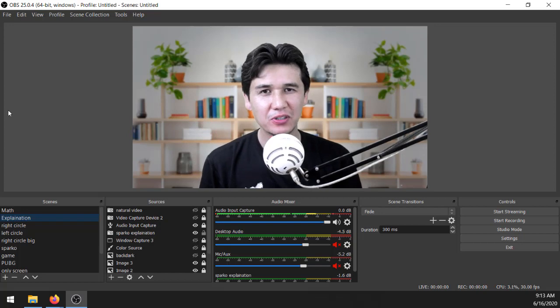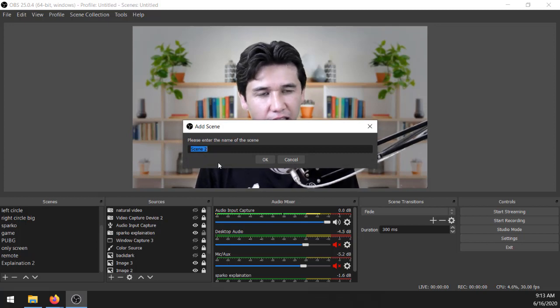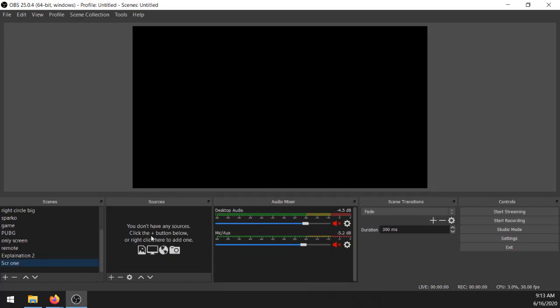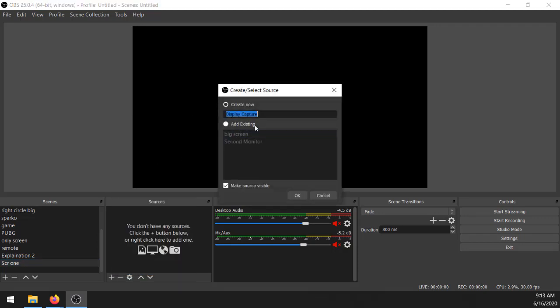How are we going to do that? Let me give you an overview of the idea. Here, you are going to come to Scene and add a new scene, and I will call it Screen 1, for example. Here we have no source. Then in Source I'm going to add a Display Capture, and I will name it Normal